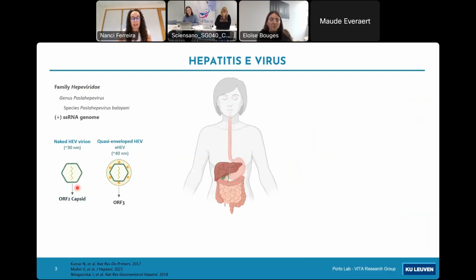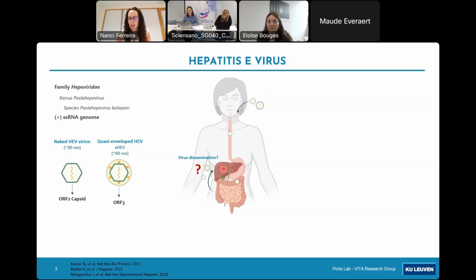This virus is an RNA virus, and it exists in 2 different forms within the human host. It exists as a naked virion, but also as a quasi-enveloped virion that contains a lipidic layer. These naked virions are very resistant in the environment where they are usually found. When a person ingests food or water contaminated with these naked virions, they will reach the gut, and then they will cross the intestinal epithelium, and they will travel to the liver where they will cause disease. The specific mechanisms of this dissemination are not fully known, but we know that the virus is going